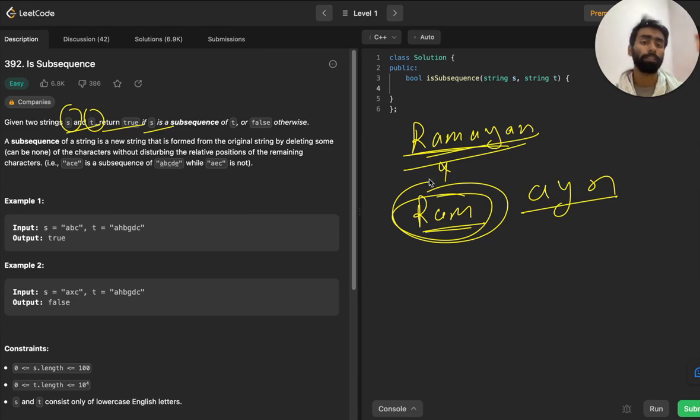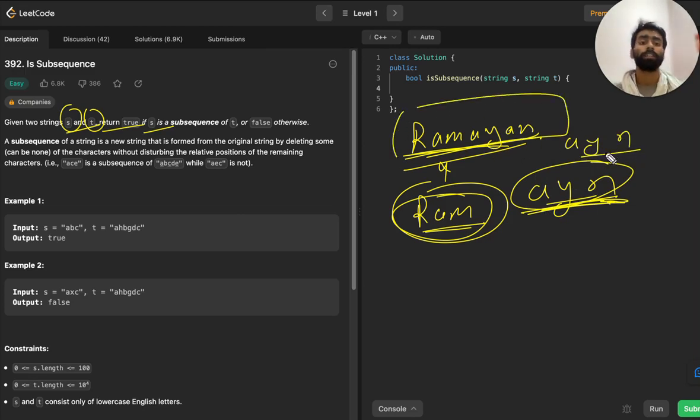So how will we get this? We will compare if this pattern or this string exists in this text in the same order in which it exists here. Like, y should always come after a, and n should always come after y in this text also. In that case this will be a subsequence. If we check that yes, here is a, after that we got y, and after that we get n, so in this case this is the subsequence.